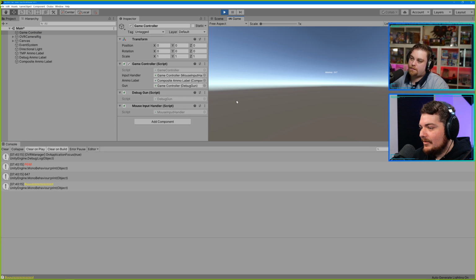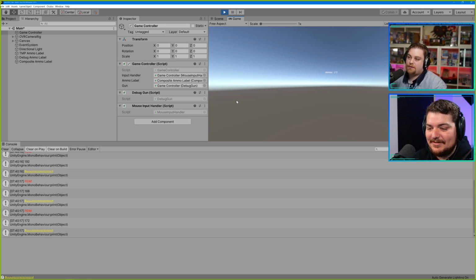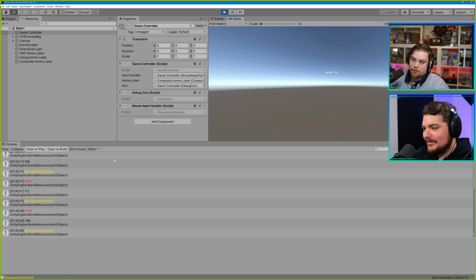Clear this out. Hey, look at that. Now we've basically got the same game running, but we've vastly changed the implementation. It no longer uses a VR controller and a TextMeshPro label. It is now using a console and a mouse click. But again, the algorithm hasn't changed.